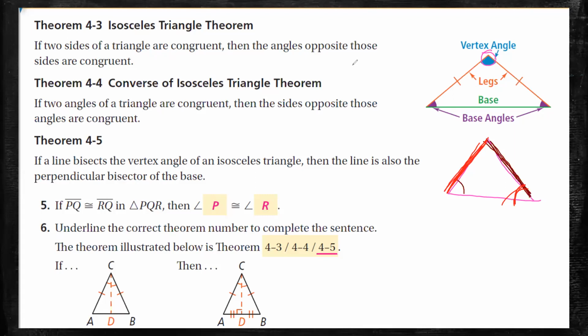That means if I have this triangle, since these two sides are congruent, the first side, which I will color with red now, has this opposite angle. And the other side, which is in blue, has this opposite angle. That means since the blue and the red legs are congruent,